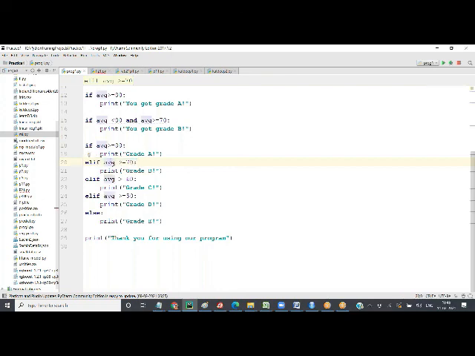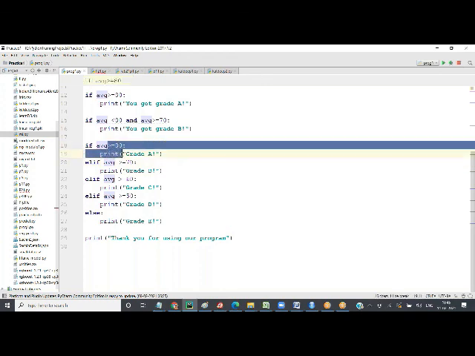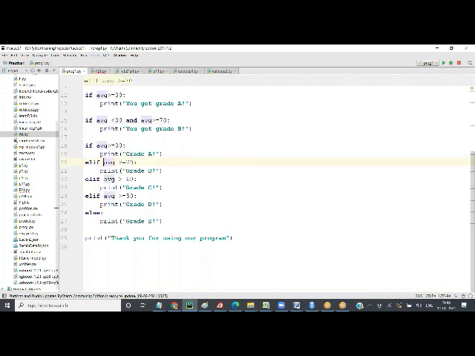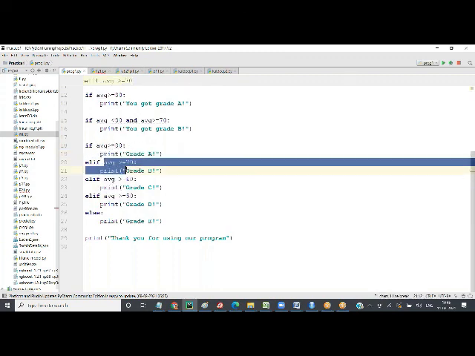If you had got more than 80, this would have been printed and you would have come out of the if block. But since the first condition is false, you check the second condition, and 75 is more than 70. You come out of the if block and you don't check the rest.